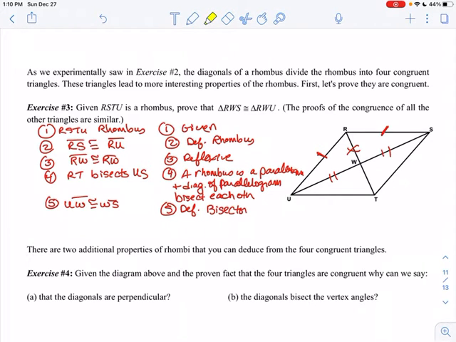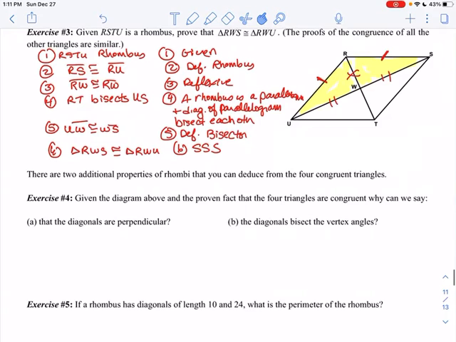So basically, now I can say that this triangle on the left is congruent to this triangle on the right. Triangle RWS is congruent to triangle RWU by side, side, side. All right, so I did it. Now, here are some properties that are going to come up because of that. So there are 2 additional properties of rhombi, that's the plural of rhombus, that you can deduce from those 4